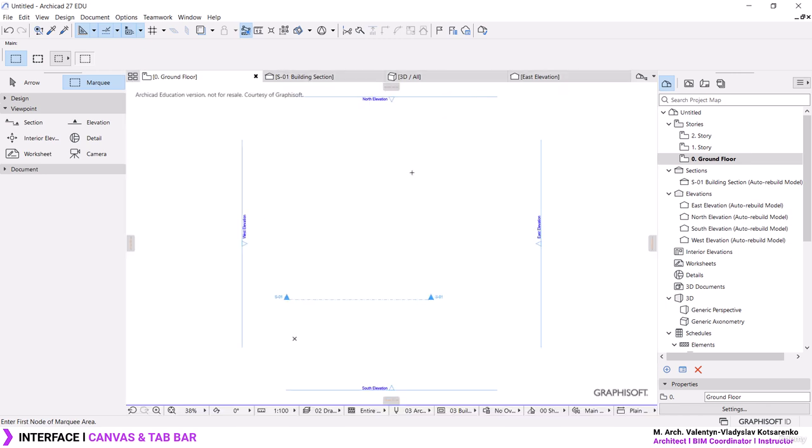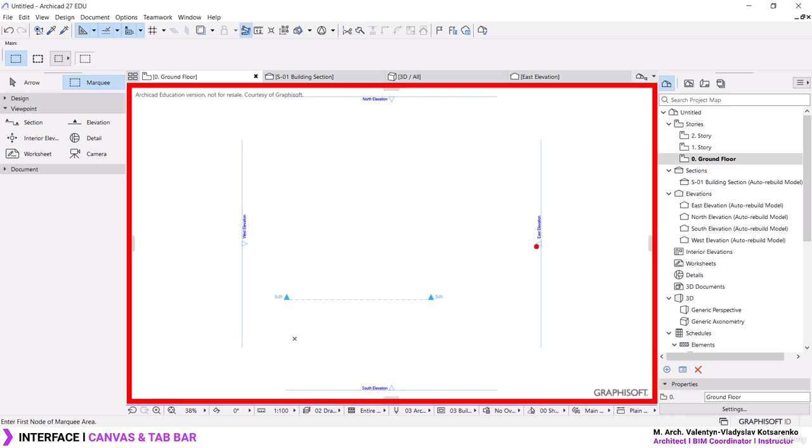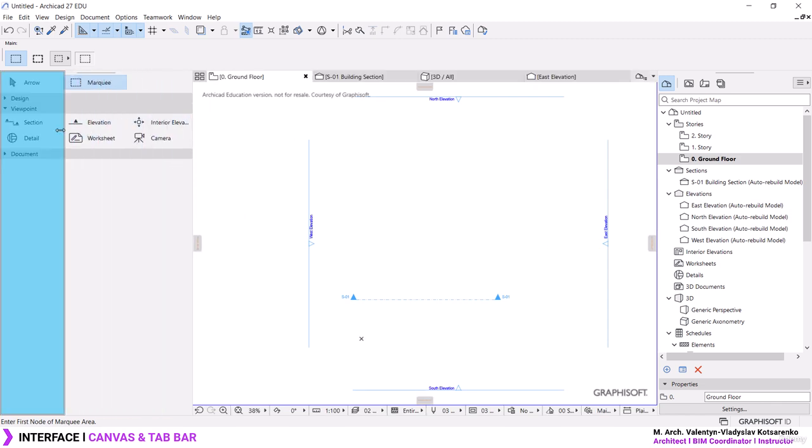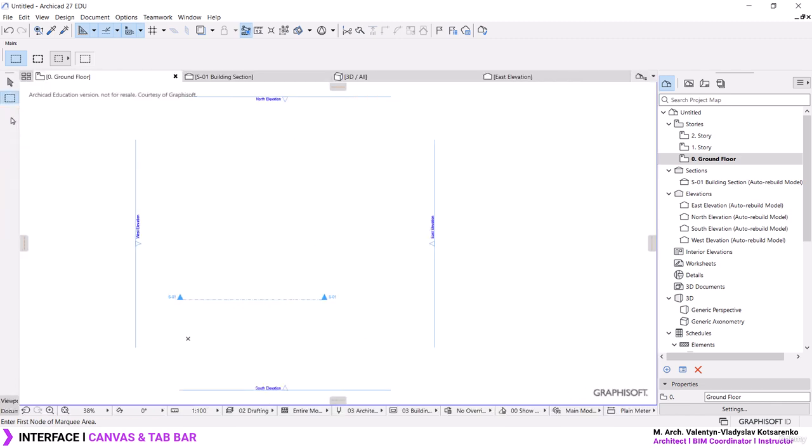And finally, you have the working area, like for example this canvas over here, where all the action will take place. Now, I want to point something out about the interface. You can, for example, select the toolbar. You can modify it by making it much smaller. For example, if you make your toolbar much smaller, as you can notice, all the tools will only display as